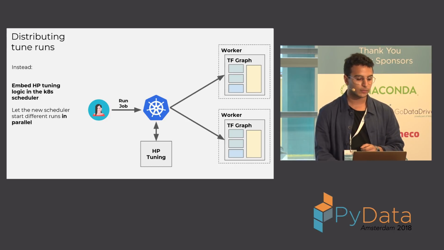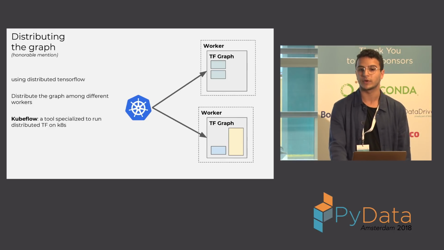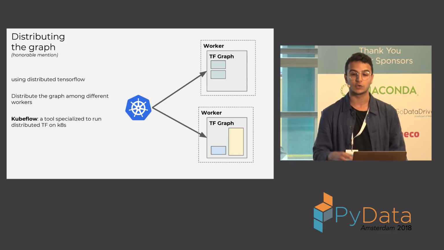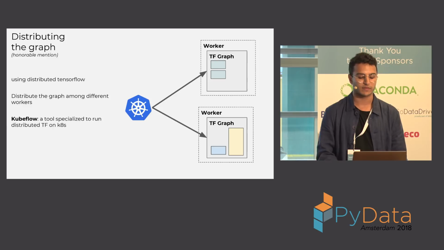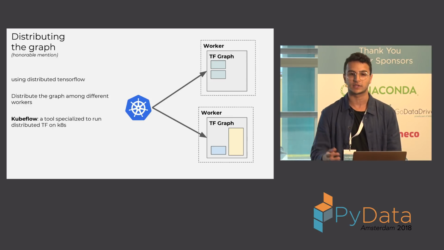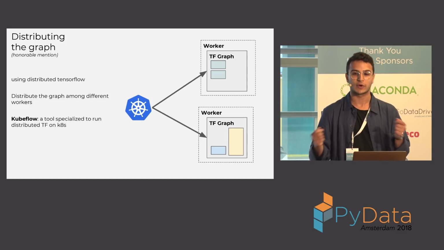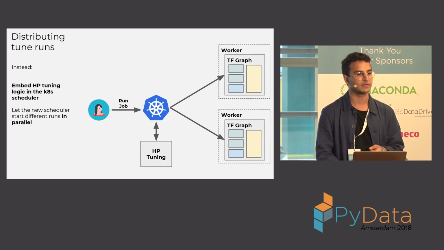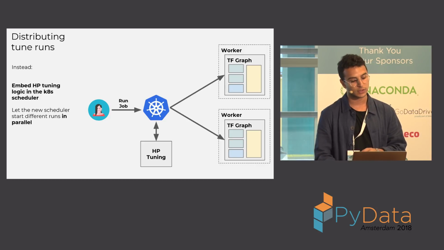So that's one part. The next part could be, if you're running distributed TensorFlow, there's a really nice tool called Kubeflow that can actually do this for you. However, your code needs to support that. You need to write distributed TensorFlow code in order to be able to separate the graph among different workers, and it also depends on your architecture. So this didn't really apply for us as a starting point. The tuning was actually faster in this case. But assuming that you have distributed TensorFlow and you'd like to separate the graph among different nodes, this is possible